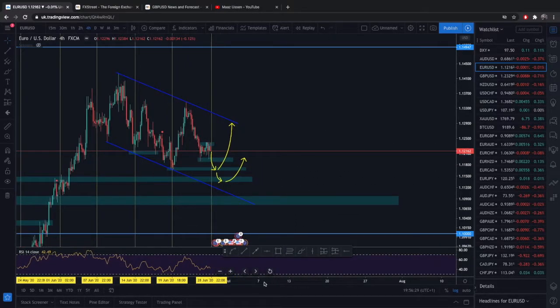So I believe, with the added pressure of the safe haven status of the dollar, with their rising cases every single day, we're going to see this movement towards these two areas here. This is the first one, and then maybe this is the second one. Once again, it's moving within this bearish channel, so I still think this bearish channel is still in play. The question is where that rise is going to come, and trying to get that sell in maybe around this area here as well.